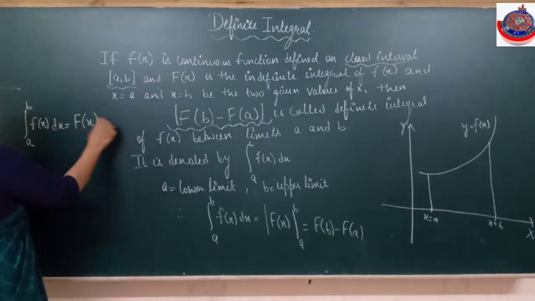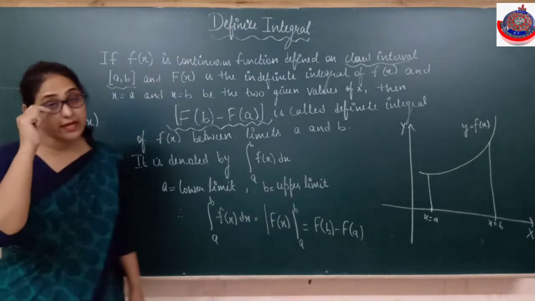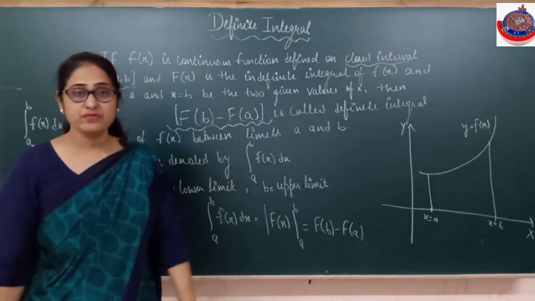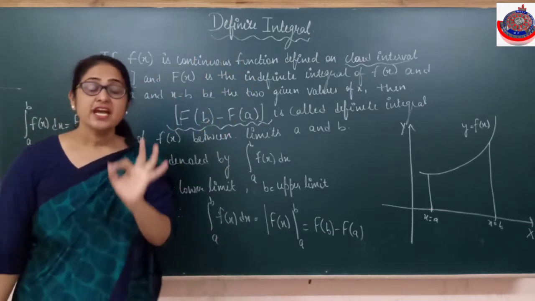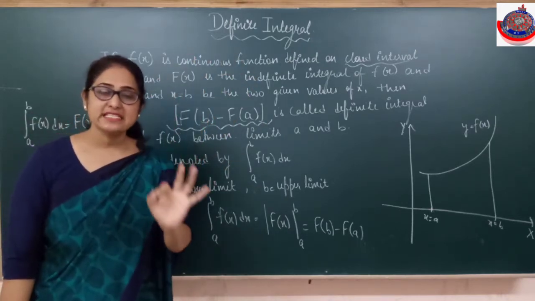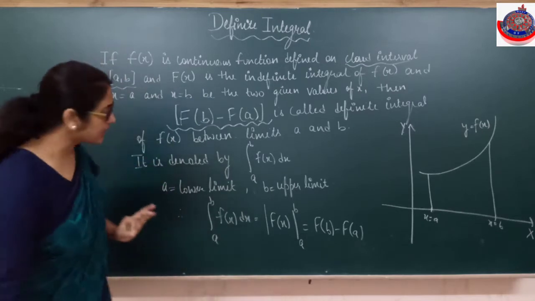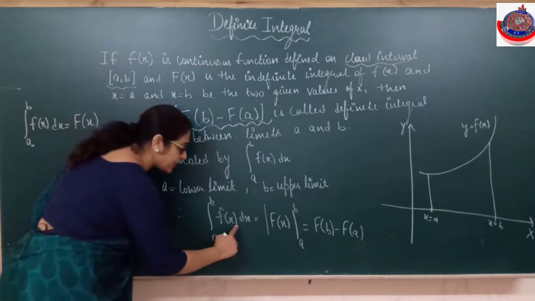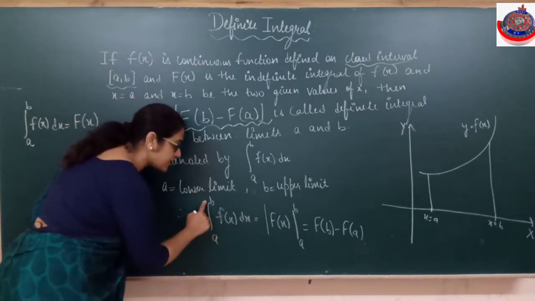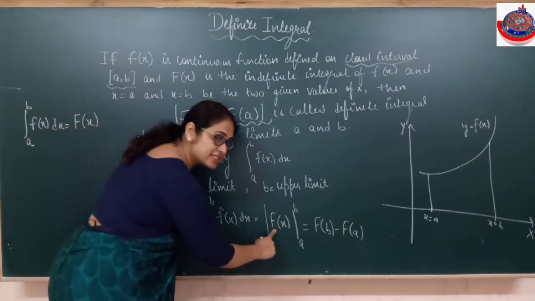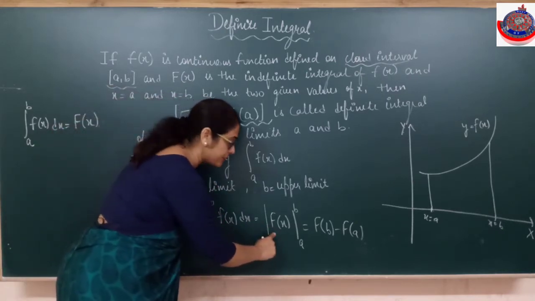इसमें ये plus c will not come because plus c होता है indefinite. I have no idea what is the value of c. Now it is definite. Definite का मतलब क्या होता है? मुझे पता है exactly क्या आने वाला है. Is it clear? So I have to integrate f(x) but between the limits a to b. तो क्या करेंगे? Simple integration. f(x) की integration होगी capital F(x).